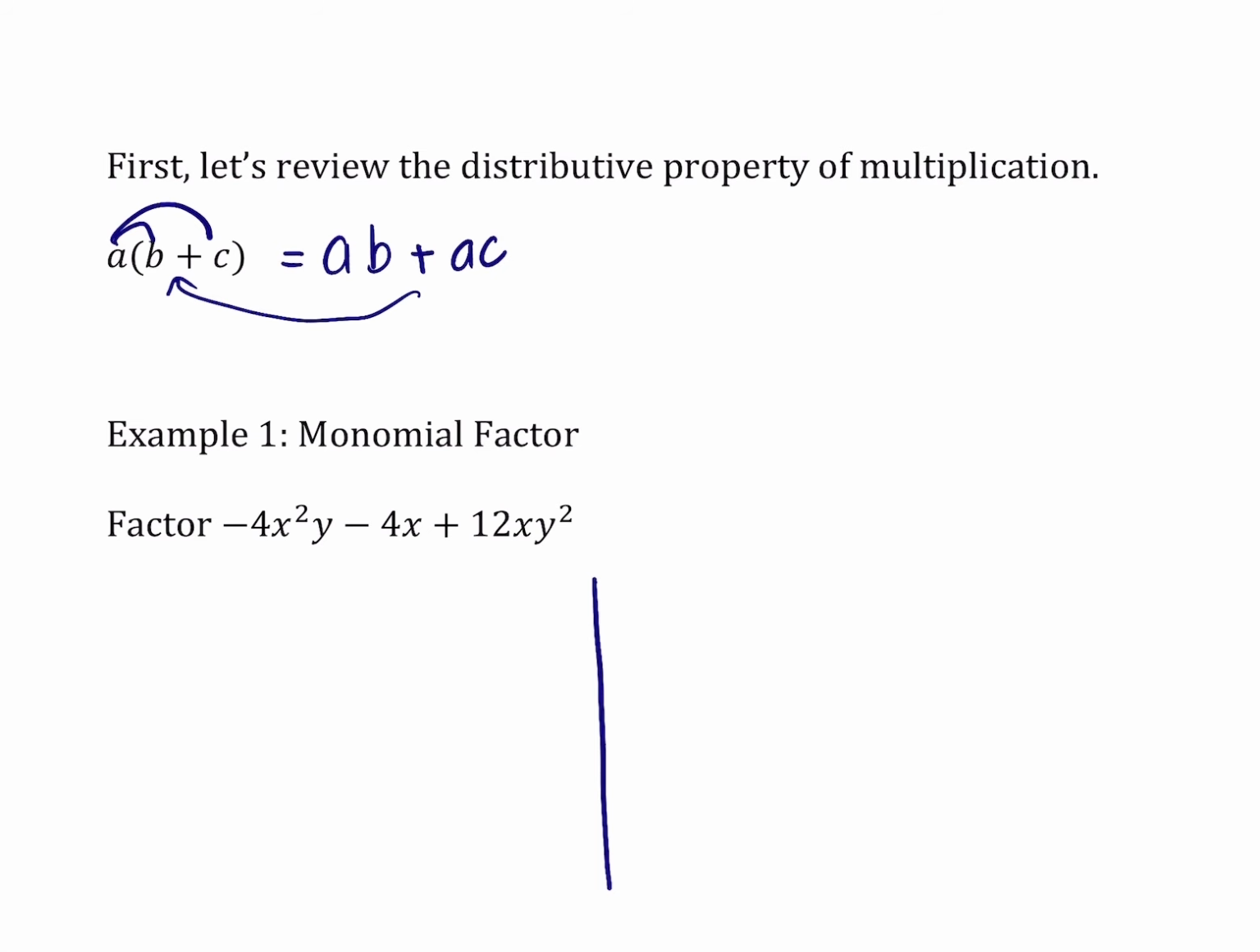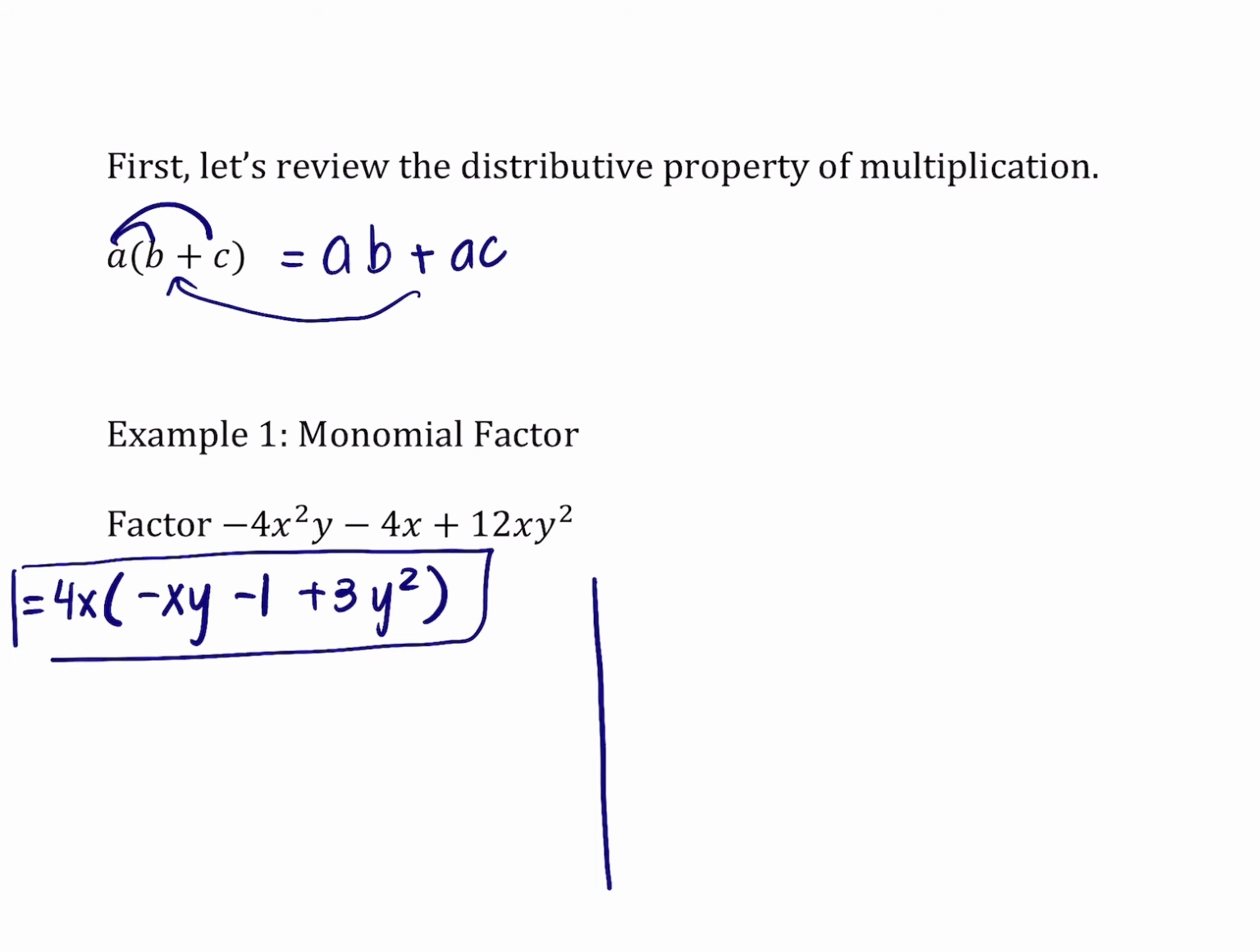So I can factor out that 4x like I said, and the interior is just going to be basically divide each of the terms by 4x. So negative 4x squared y divided by 4x gives us negative x y. Negative 4x divided by 4x is negative 1, so we have minus 1. 12xy squared divided by 4x gives us 3y squared. So that's actually one example of